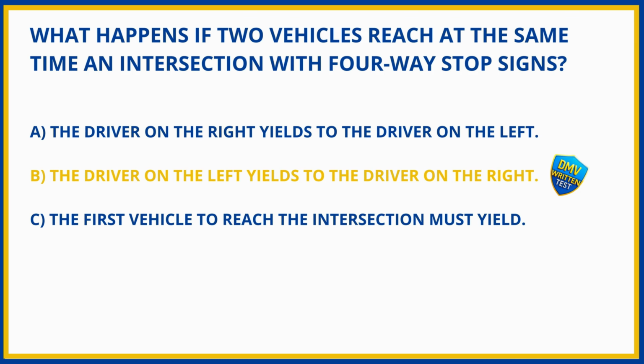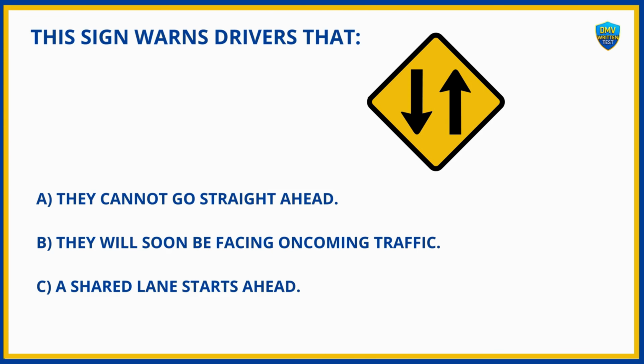B. The driver on the left yields to the driver on the right. This sign warns drivers that A. They cannot go straight ahead. B. They will soon be facing oncoming traffic. C. A shared lane starts ahead. And the answer is